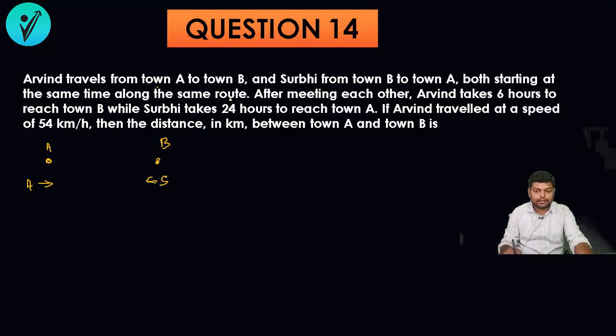Both starting at the same time along the same route. After meeting each other, Arvind takes 6 hours to reach the town B, while Surbhi takes 24 hours to reach town A. So they might have met somewhere. Let this be the meeting line. Okay, so this is the path they are following, and suppose at this point they met. So after meeting for the first time, now Arvind is taking extra 6 hours and Surbhi is taking extra 24 hours